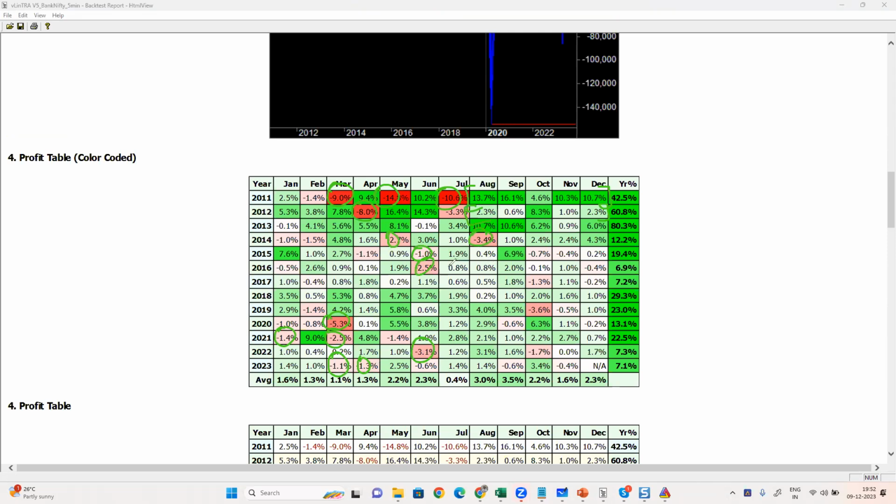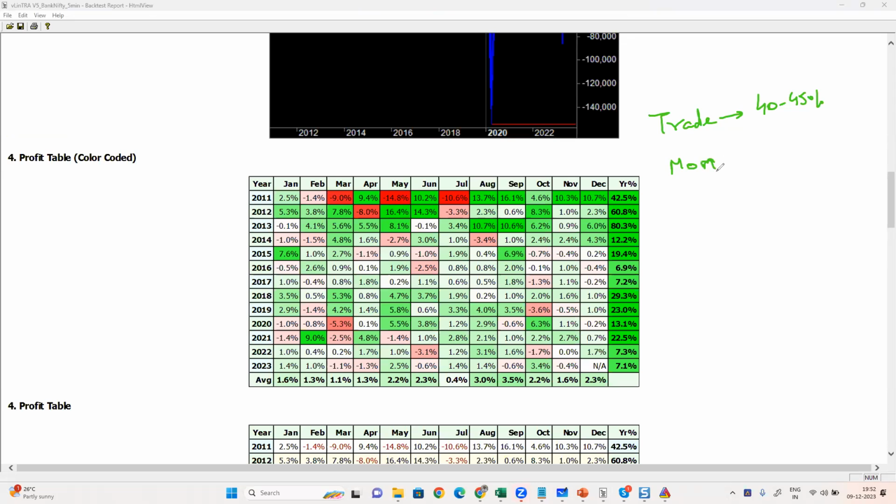But if you ask me what kind of win rate, there are two kinds of win rate to talk about. One is trade level. A trade level win rate will be typically 40 to 45%. We talked about that, right? Which is what will generally be shown in the report. But if you ask me about the month-on-month win rate,